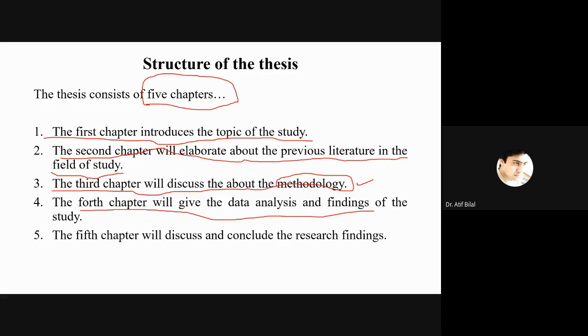And then the fourth chapter is the data analysis and findings chapter. So you're going to explain in one small paragraph what you will be writing in your fourth chapter. And the same way, you will also be writing the fifth chapter,